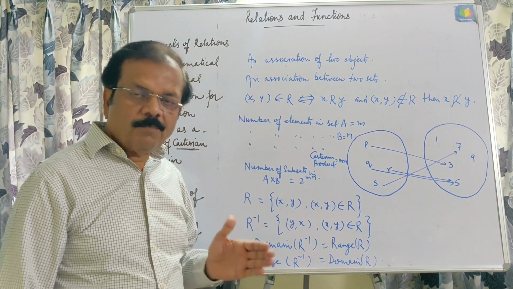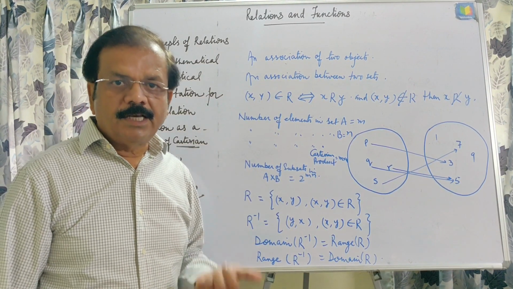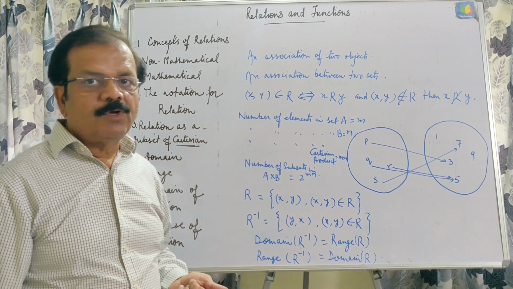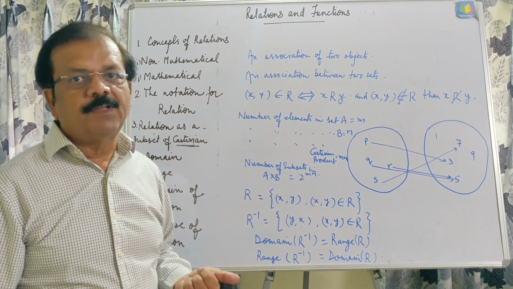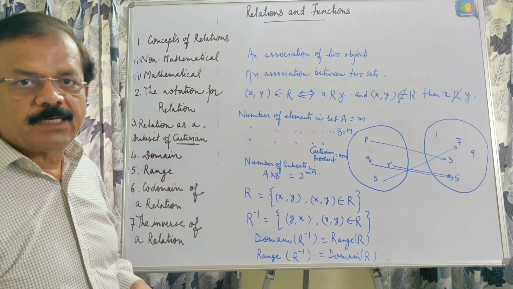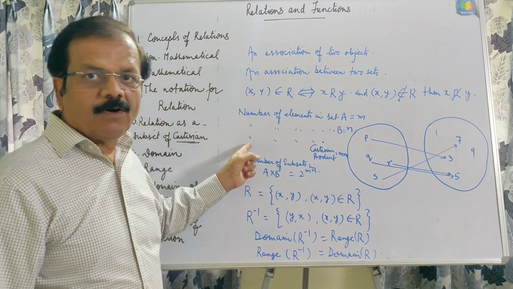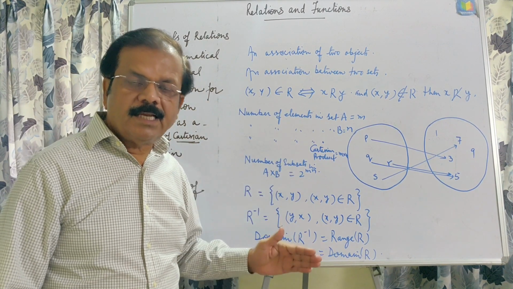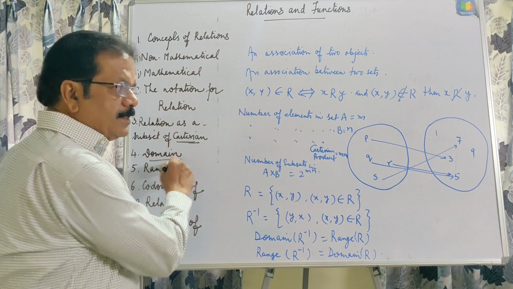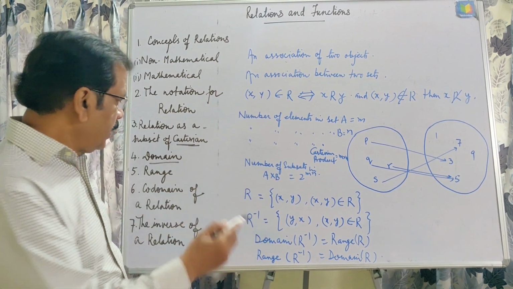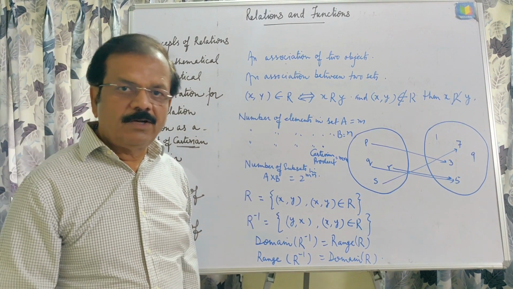After writing all possible ordered pairs between these two sets, we select certain elements according to the relation or the sentence by which we define that particular relation, and obviously those elements will be in terms of ordered pairs. That is why we can say that a relation is a subset of the Cartesian product. The set of first elements of this relation is called the domain, the set of second elements is called the range, and the entire second set is called the codomain of the relation.